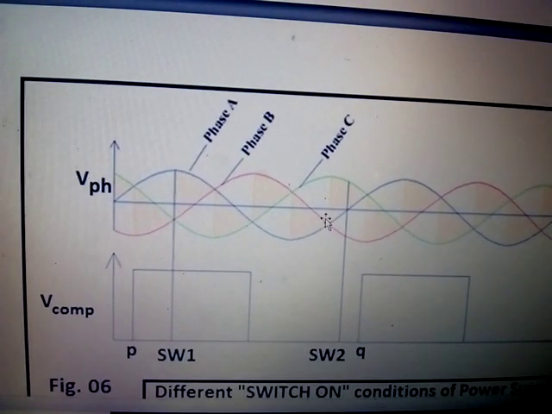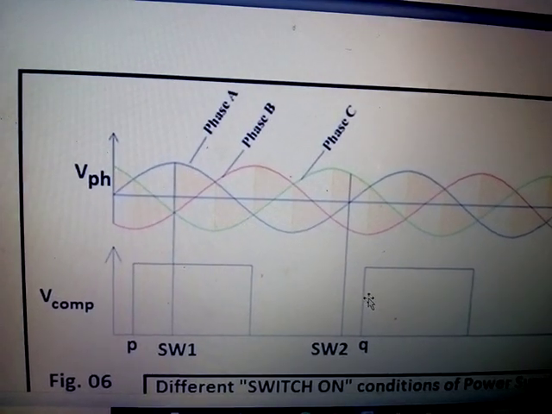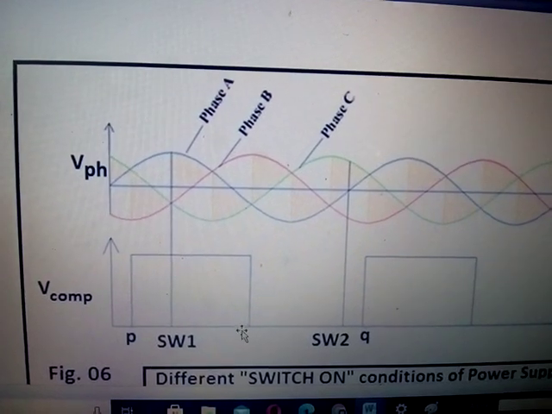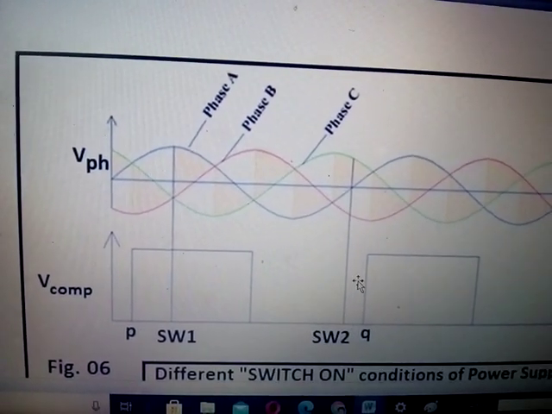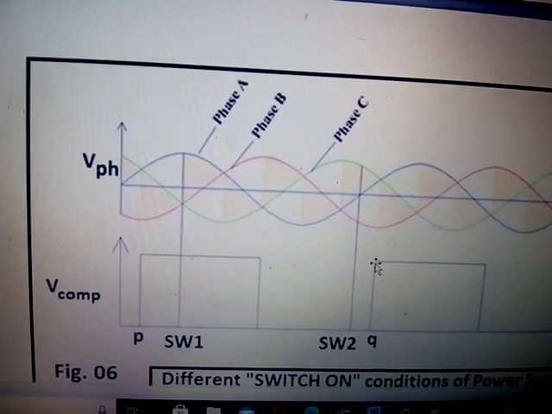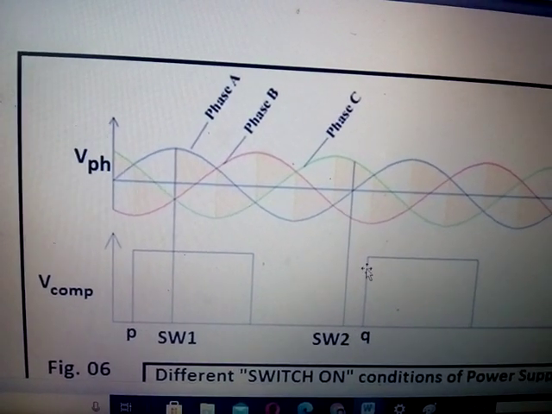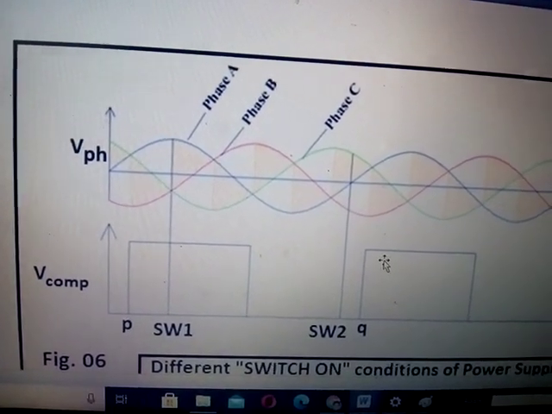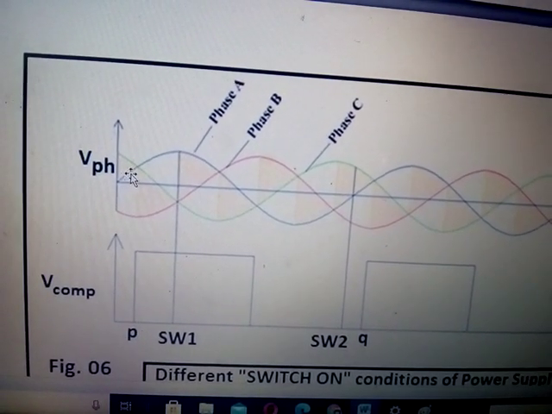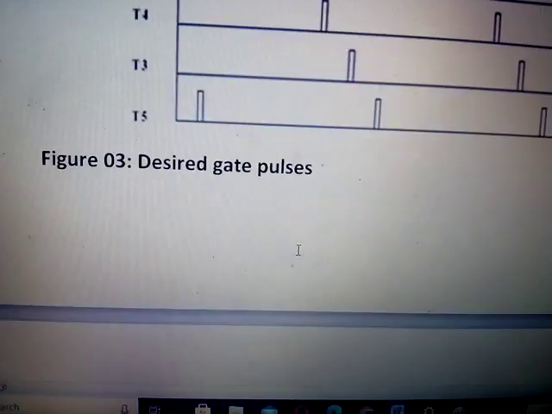But if you switch on the supply at SW2, it is right. You can take Q itself. So the reference point determination is on the basis of low to high transition of the comparator, not high. Here also it is high. So the first low to high transition can be taken as the reference point. See, this is same as P. Once you determine this, then calculate alpha.